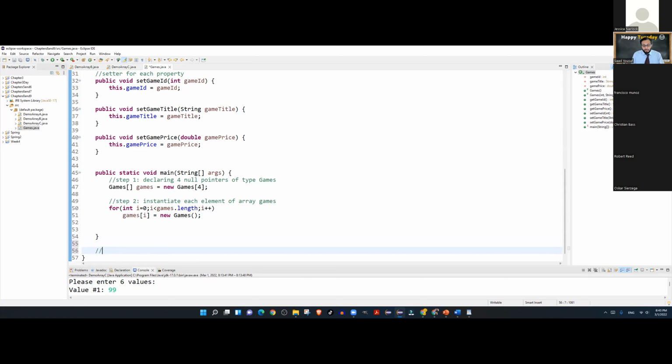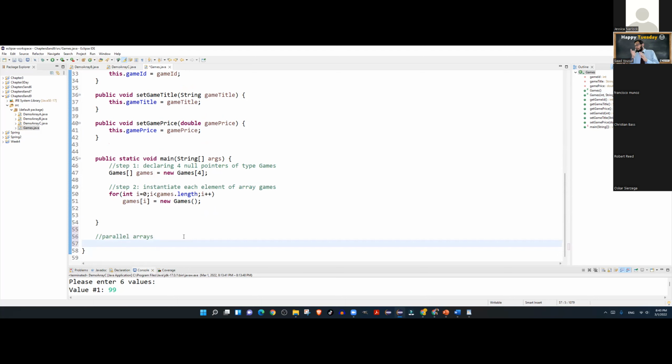Now, over here, let's learn about parallel arrays. I already told you guys, and in fact, we had the discussion earlier, that parallel arrays are those arrays where you have multiple arrays of the same length with corresponding values. So we will be using parallel arrays in our next method, where we will use them to call the setters on every object so that we can change its default value with the value that's coming from the parallel arrays. So we will create a method called